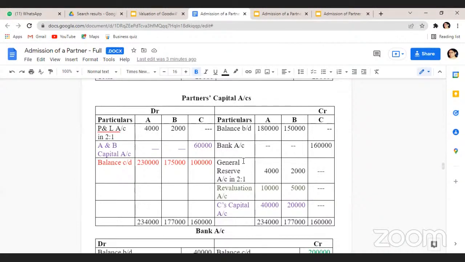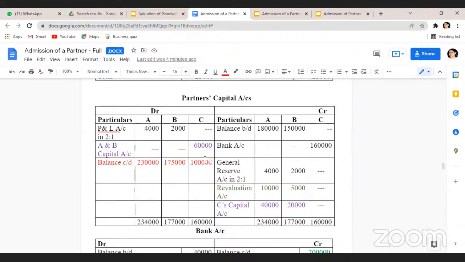If a particular transaction is increasing the partners' capital balance, we will record it on the credit side of the partners' capital account. First, from the question, you are supposed to take the balance brought down. Whatever transactions increase the capital balance of the partners, we will record on the credit side. Whatever transactions decrease the balance of the partners' capital account, we will record on the debit side. The difference between these two is the new balance of the partners' capital, which will appear in the